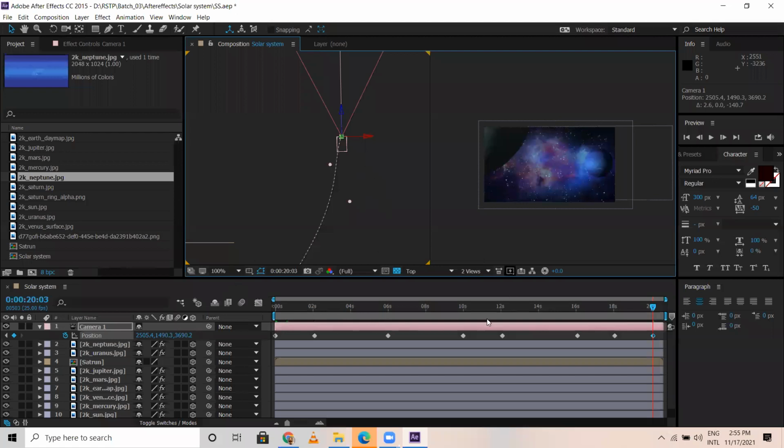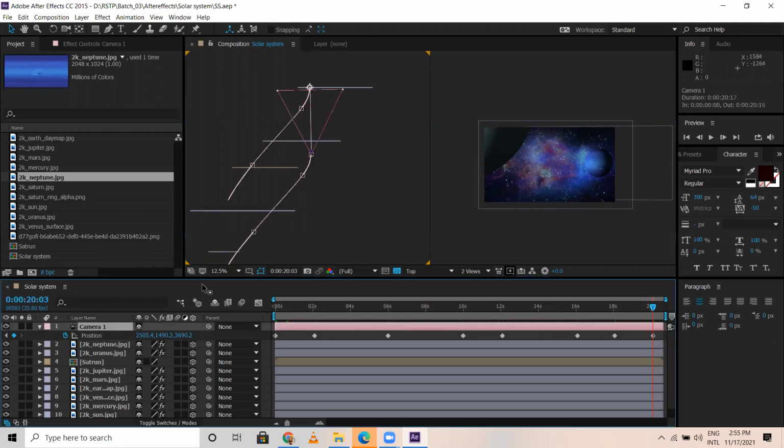So very carefully, we have to do this animation, otherwise we'll not get a proper animation. So if you can see, this is how we have done the animation part. Now, if I select the camera, this is the animation which we have done.